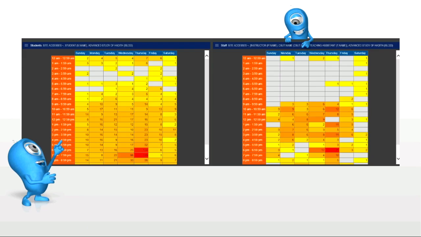One of my most favorite tools is probably this one. This is the heat map of activity. So on the left, you have the heat map for student activity in Blackboard when they access the subject site the most, and on the right, you have the times that the lecturer accesses the site. Now, in this specific example,